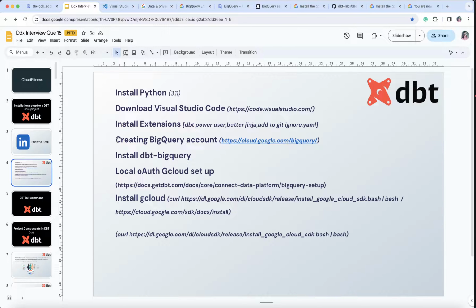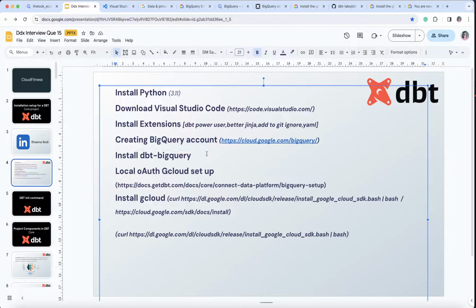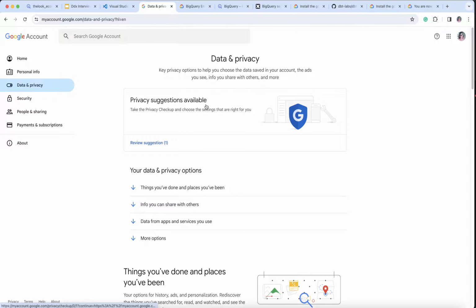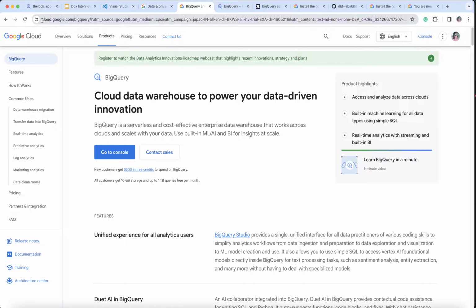Now the next thing is BigQuery, right? That is my data warehouse. For that, first what you need is a Gmail account. You can create a new Gmail account, or you can use an existing one. This is the Gmail account that has been created, and I'll not go through the Gmail account creation steps here. Once your Gmail account is created and you are logged in, you can simply type in cloud.google.com, and I will leave this link in the description box,